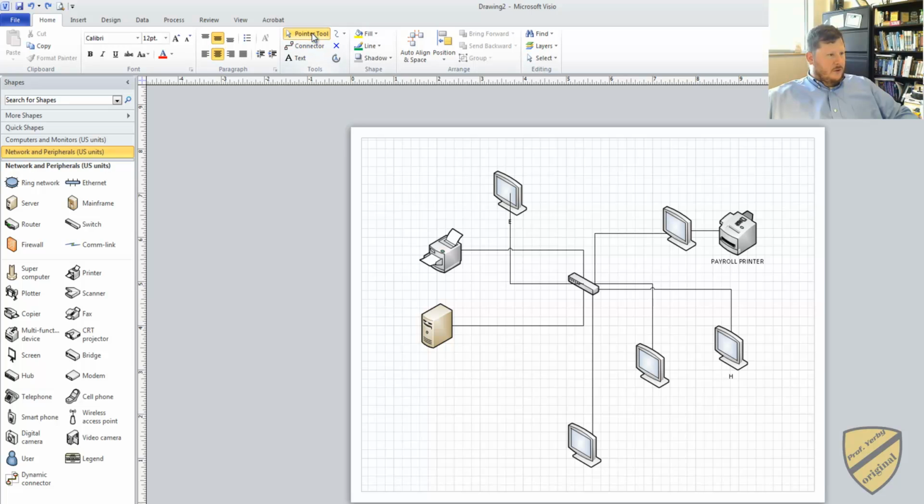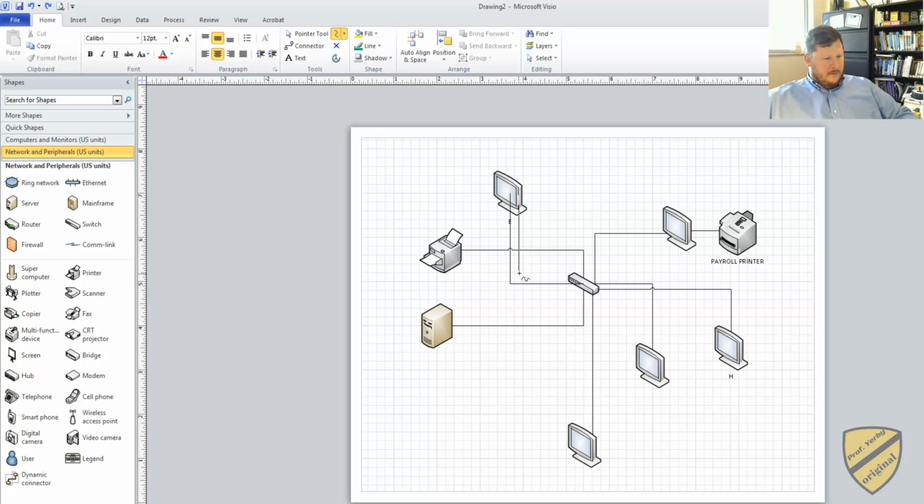So what you can do is you can go to this pointer tool, and up here I think the default is set to rectangle. If you go to Freeform, this is from the home ribbon, pointer tool, and then there's a little drop down area. Go to Freeform, and so in this scenario, say I wanted to go from computer E,